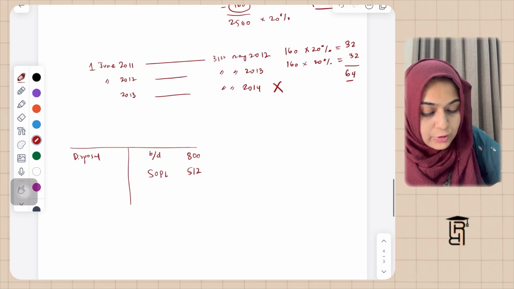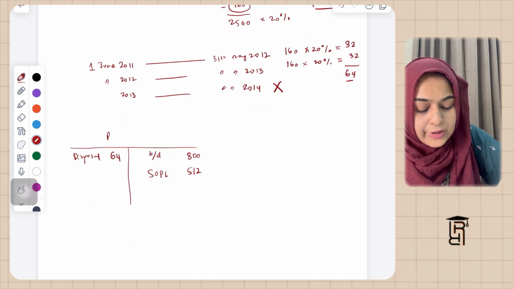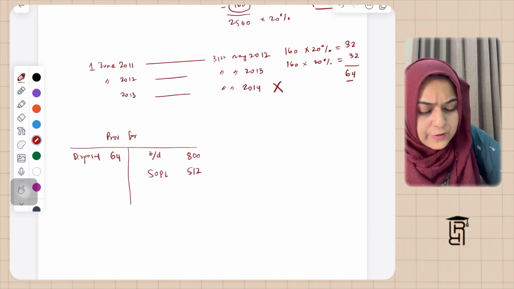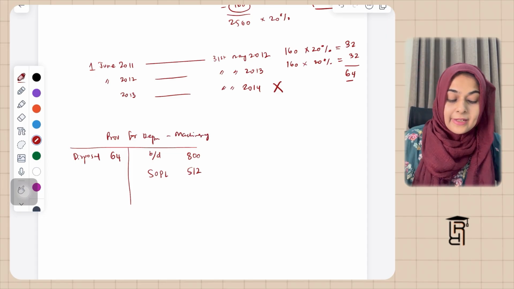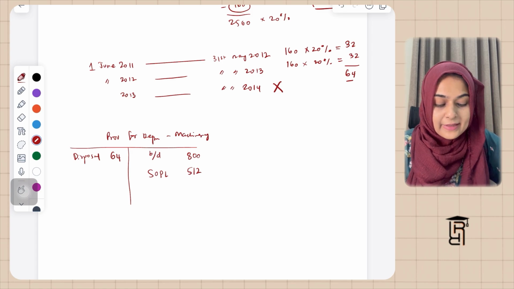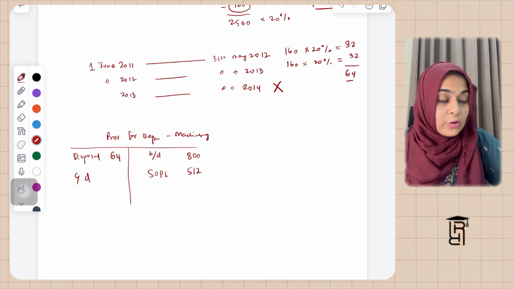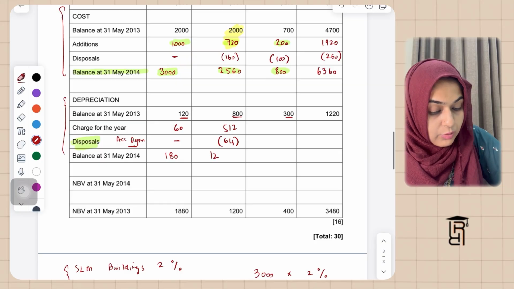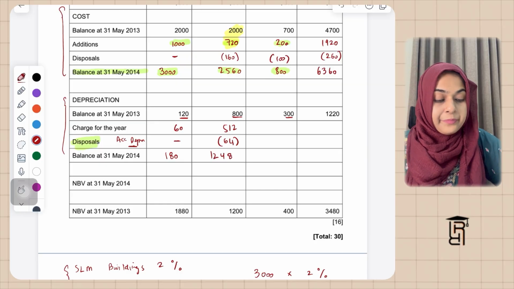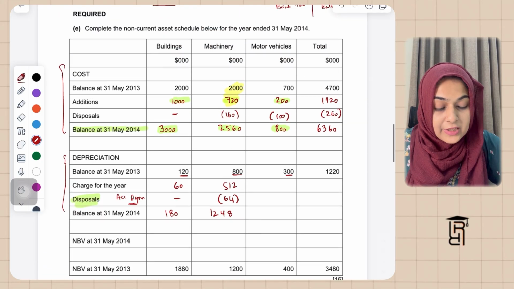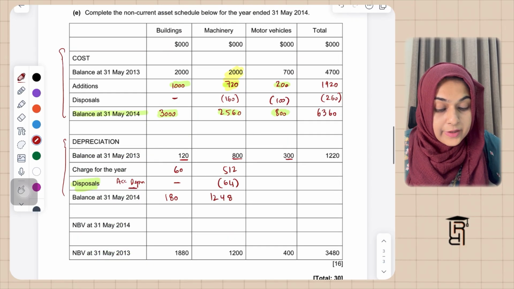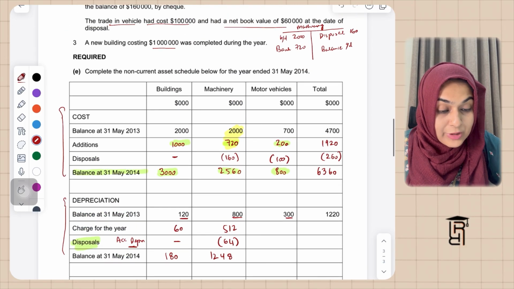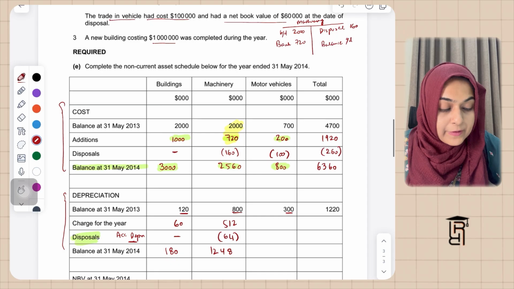डिस्पोजल आएगा 64, टोटल डिप्रिसिएशन ऑन द डिस्पोज्ड ऑफ नॉन करंट एसेट। सो दिस इज बेसिकली प्रोविजन फॉर डिप्रिसिएशन मशीनरी, कि टी अकाउंट फॉर्मेट में अगर आप देखें तो ऐसे ही लगेगा। तो 800 प्लस 512 माइनस 64 गिव्स मी बैलेंस कैरिड डाउन। तो ये बैलेंस कैरिड डाउन मेरा आ जाएगा इधर 1248। अब हमारे पास जो है चार्ज फॉर द ईयर फॉर द motor vehicles।